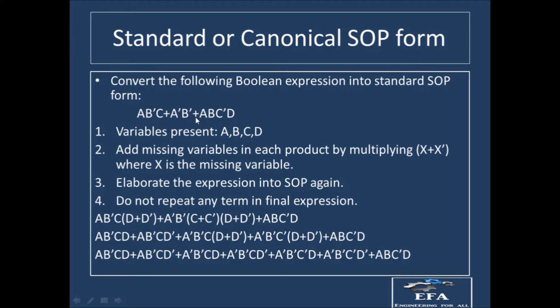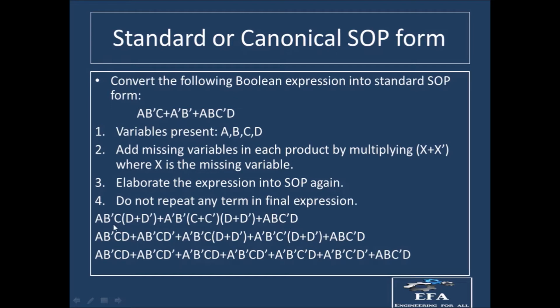So what are the values for C and D? For each of C and D we need to put a one, in product with A bar B bar. So we are having A bar B bar dot 1 dot 1. The first one stands for C plus C bar and the second one stands for D plus D bar. In the third term, all the four variables are present, whether in the straight format or in the complemented format, so we need not add any ones to it. We'll have A B C bar D as it is.